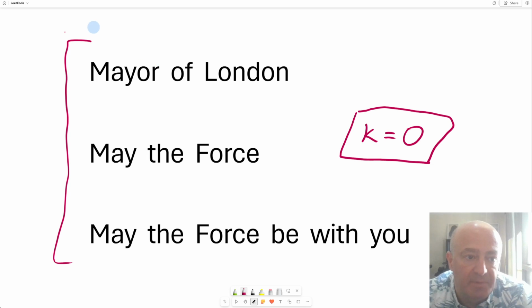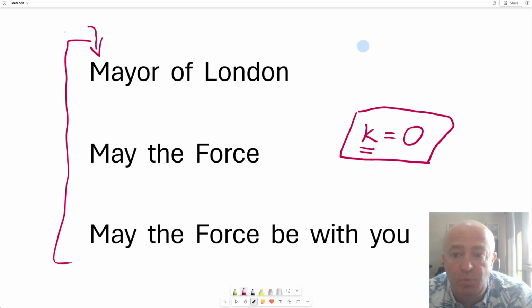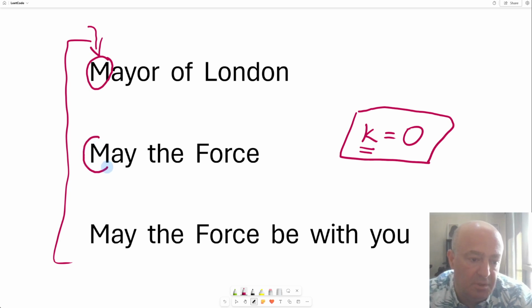And now I have to check the next character. And the index of the next character will always be the same, k, right? Because if I've checked k elements, then the next character will also have index k. This is because of 0-based indexing. If we were using 1-based indexing, then I would be checking the k plus 1 character. But because of 0-based indexing, initially we'll be checking the character with index 0